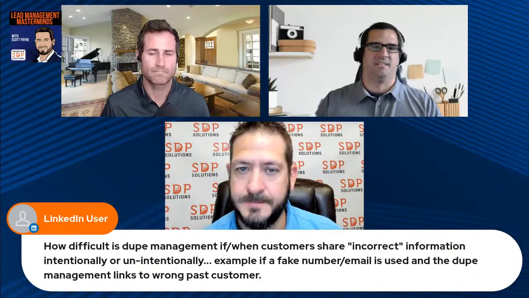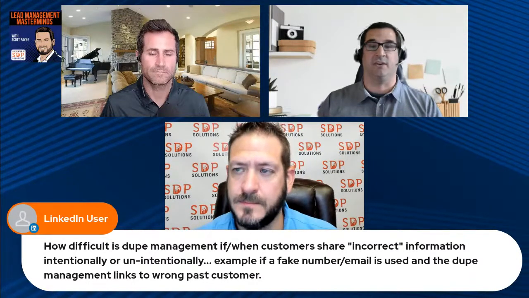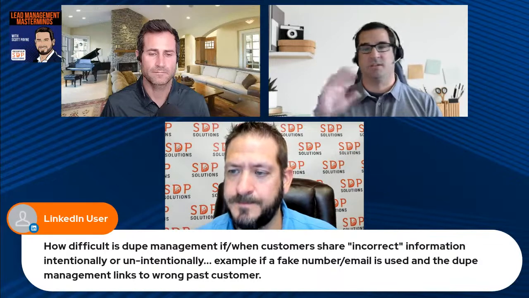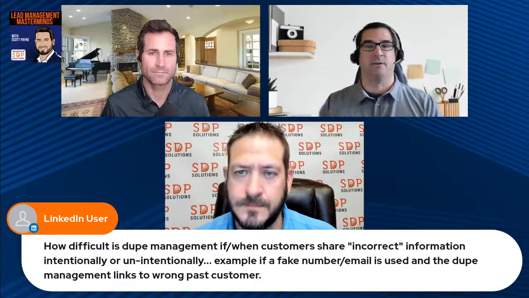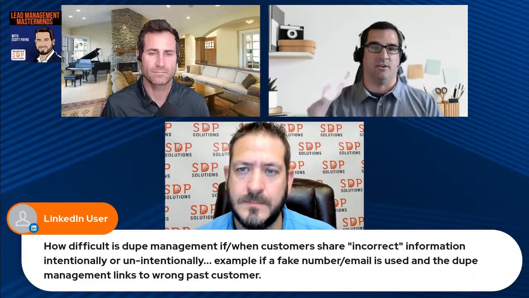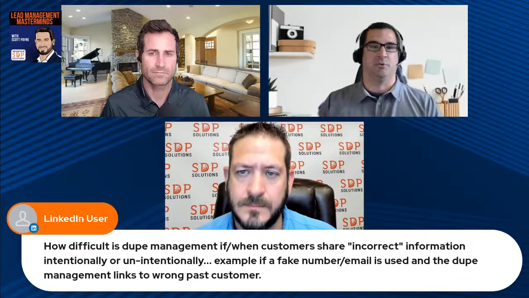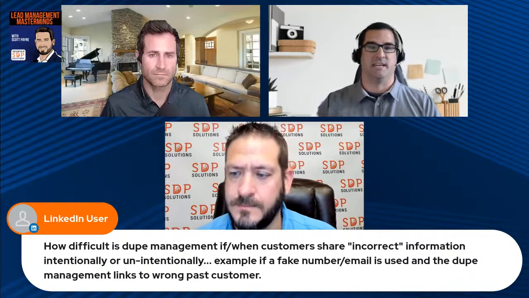Yeah, right. And also Scott, to your point there, that goes back to the importance of how you design your duplicate management. There are always going to be those edge cases where somebody puts in a bad email or maybe a bad phone number. But that's why you want those layers where you're checking last name and email, last name and phone, last name and mobile phone, et cetera. It's not going to catch everything. There are always going to be some edge cases that get through and do some things that you don't want it to do. But that's why you want to make sure you're checking multiple scenarios for duplicate management.